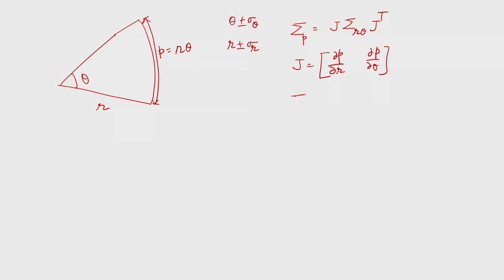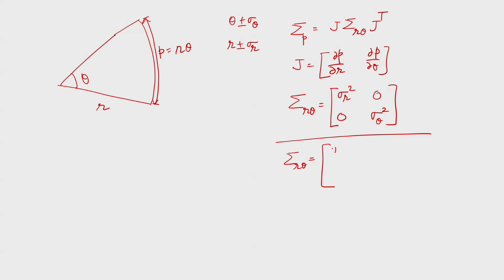Secondly, you can also assume the covariance sigma r theta is zero, since I am measuring the observations directly in the field. So, I can assume zero values of the covariances. One more exercise is possible. If you assume that covariances are not zero, that means this matrix is sigma r squared, sigma r theta, sigma r theta, sigma theta squared. In that case, how does your answer change? That means you calculate sigma p and find out. You will get some term with sigma r theta also. So, we have seen two examples here.